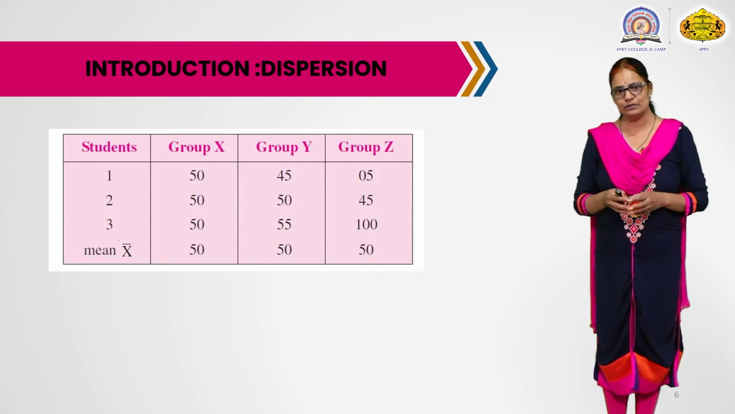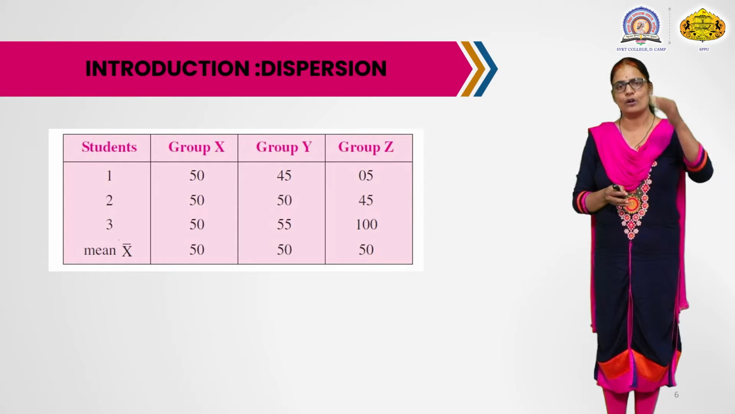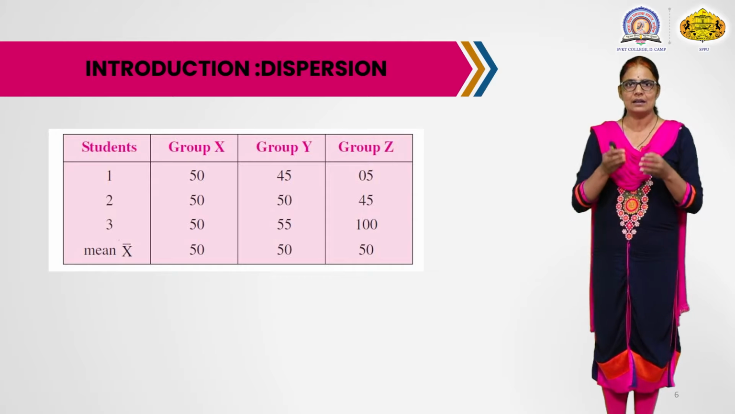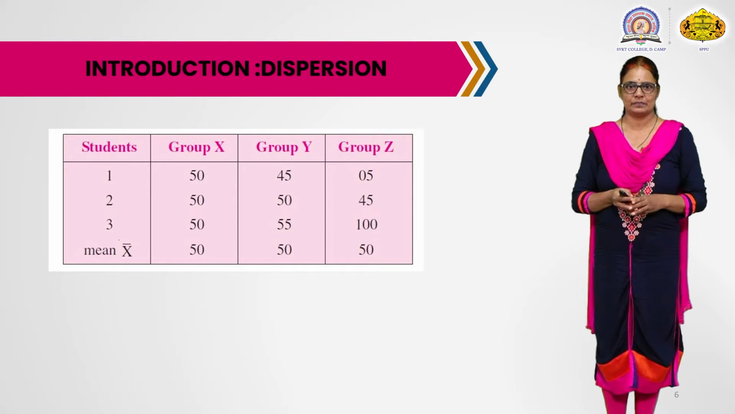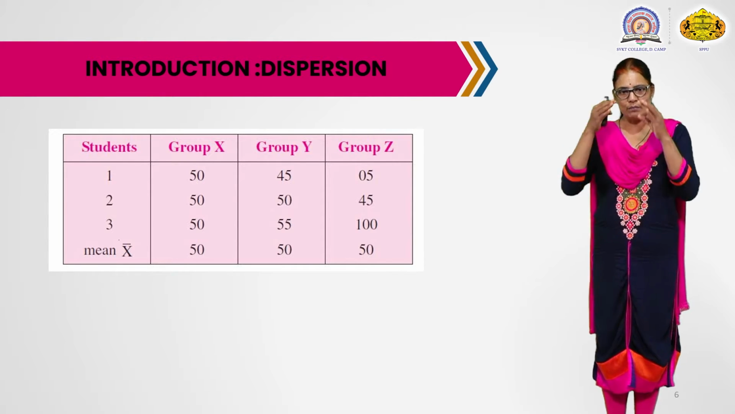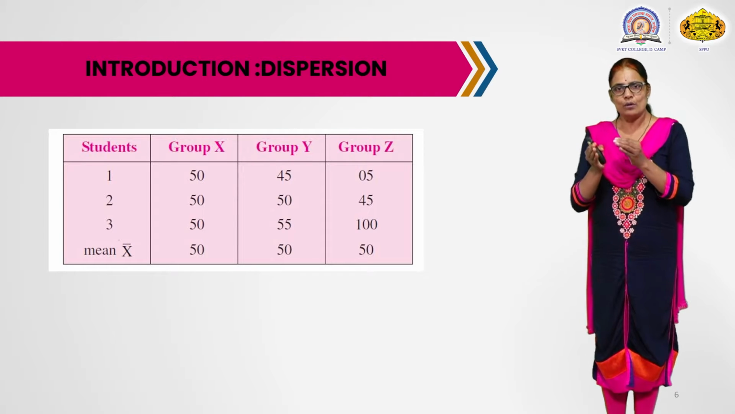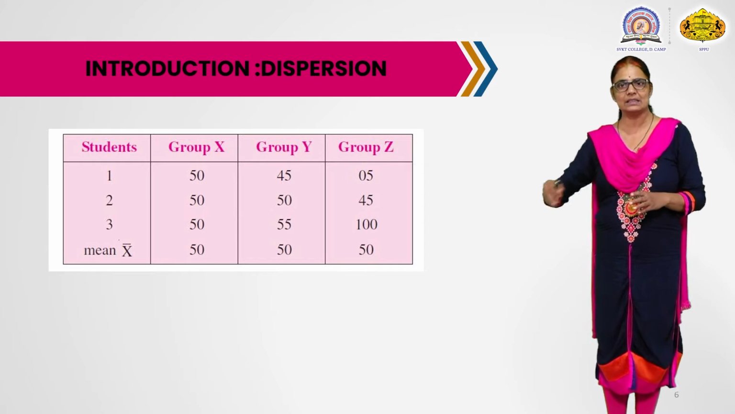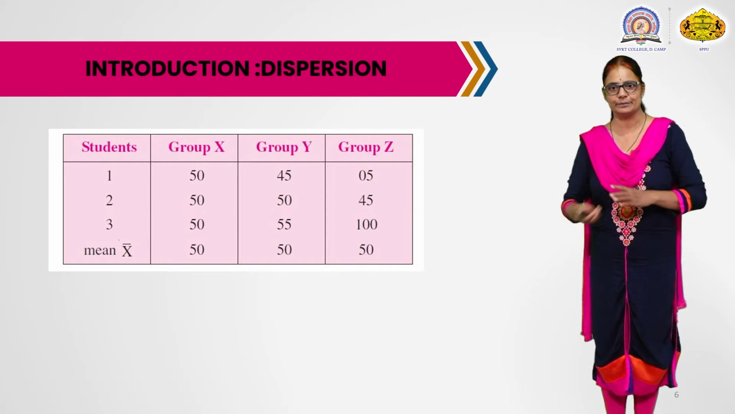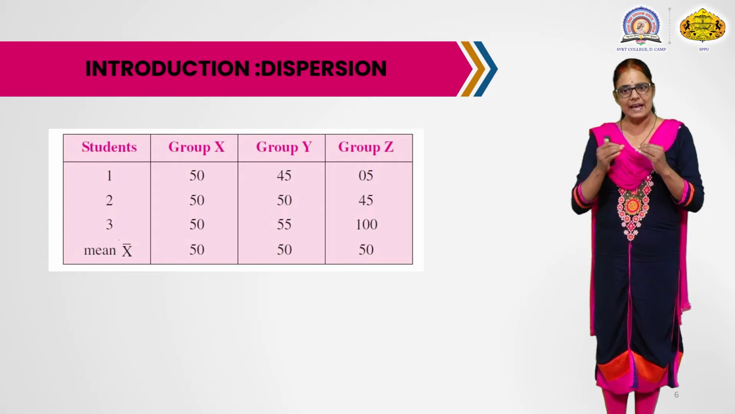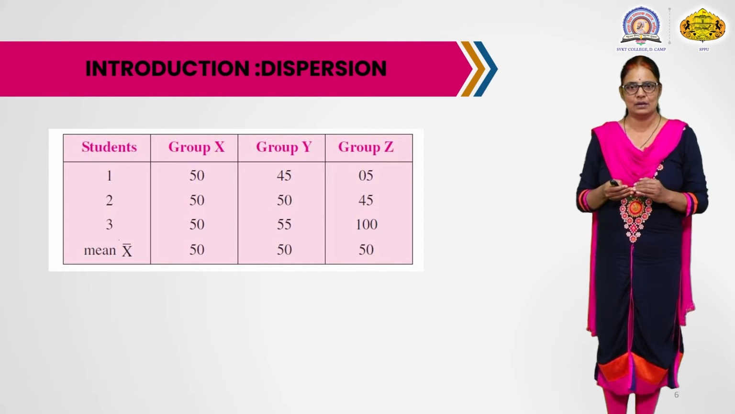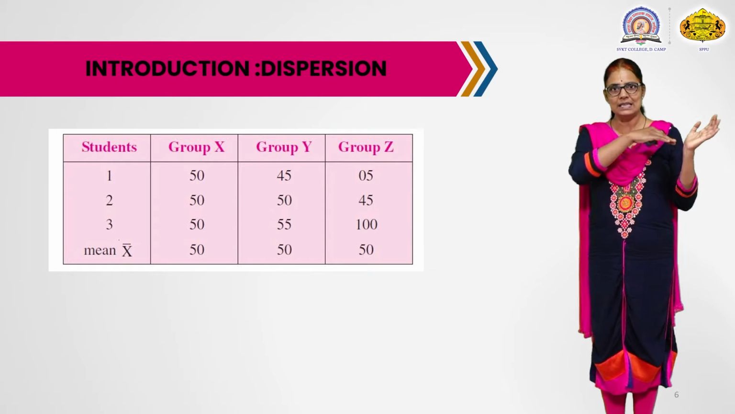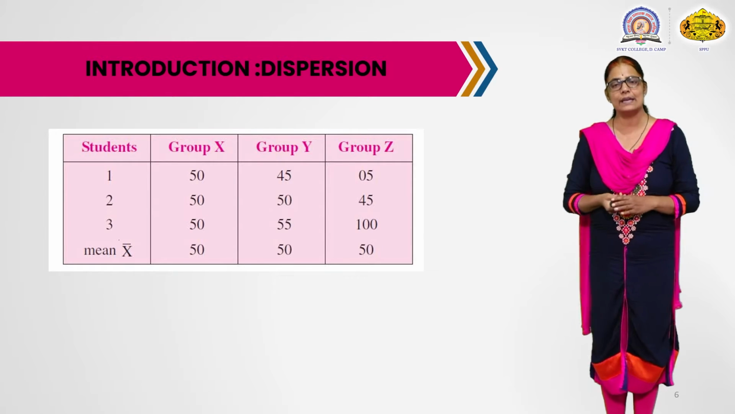If you observe carefully, in group X the marks are equal to the mean. In the second group, the marks are closely equal, close to the mean, but that does not happen in group Z. The marks vary from the mean. So, our conclusion just by taking the mean that all these groups are equally capable